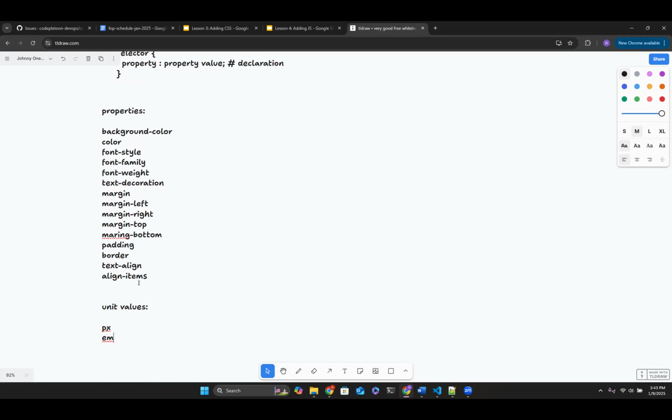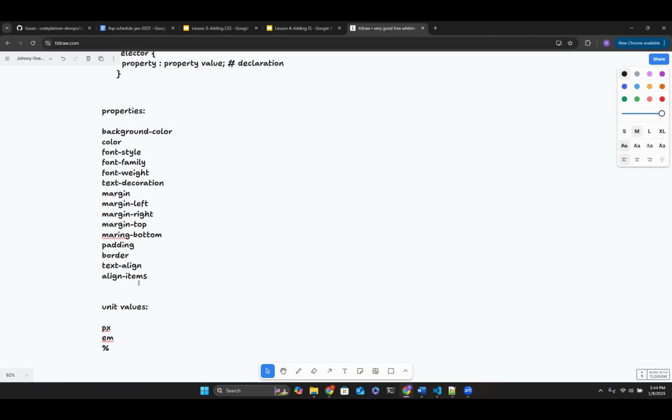EM took the size of the text by its default size, and then you could do a multiplier, right? So we can say 2em, so it'll be 200% of the original size. 5em would be 5 times the original size. If you did 0.5, it would be half the original size of the text. So EM was definitely one of them. Percentage was another one. We actually didn't show you this one directly, I didn't give an example, but we definitely can do percent. What was the other one?